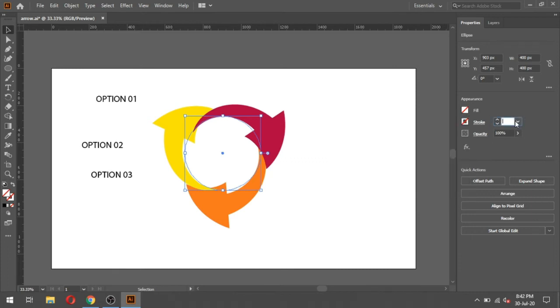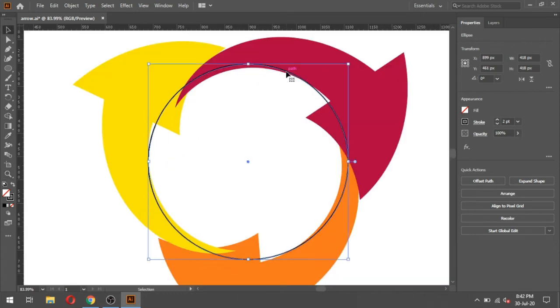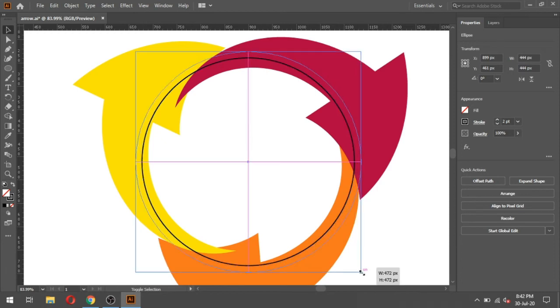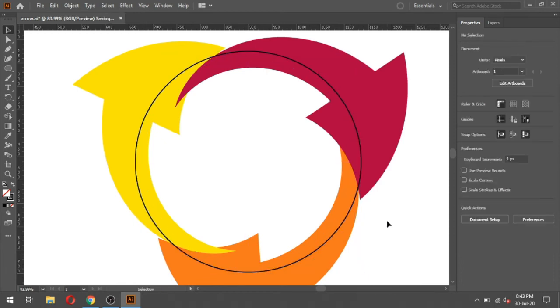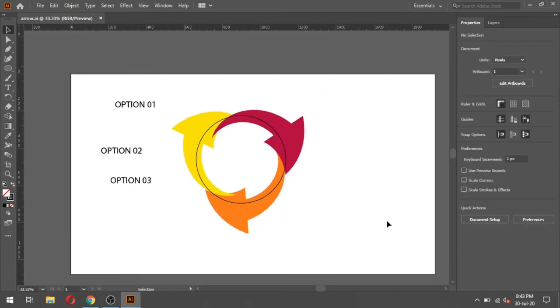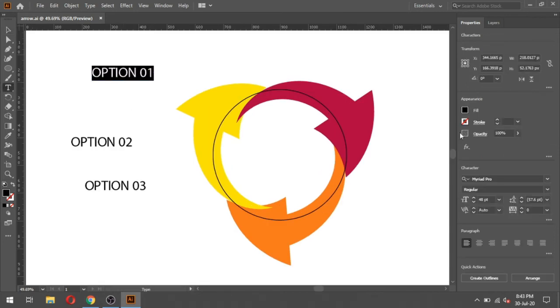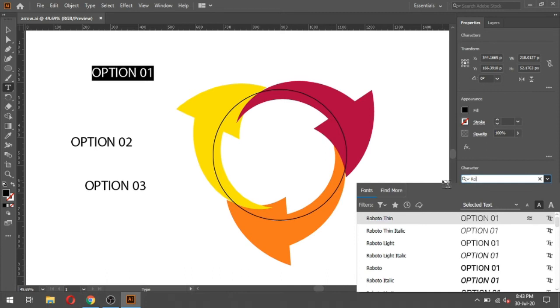Set the outline. Hold on Shift and Alt and resize it. Resize it. Adjust the circle like this. Change the font size and font style according to your need.